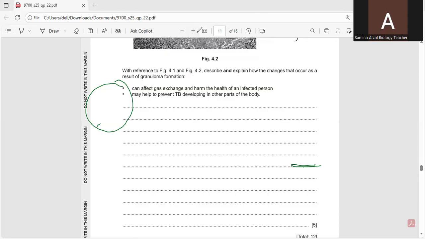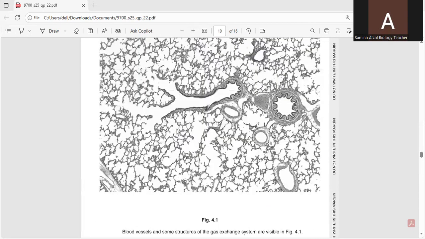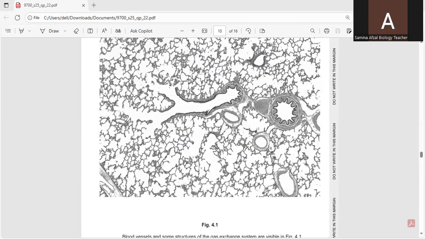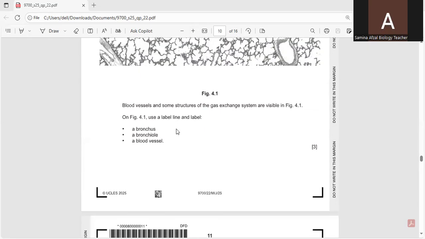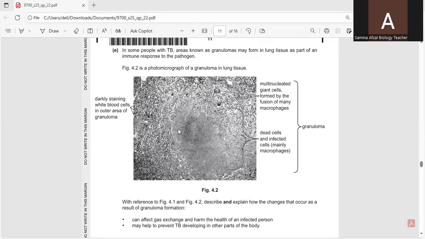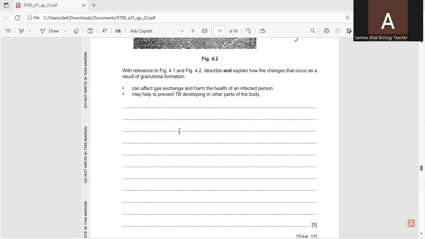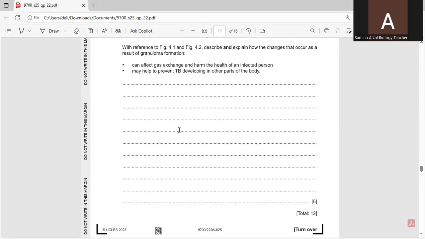let me show you again. This is the picture 4.1 in which the healthy bronchus, bronchiole and blood vessels are there. But here in the 4.2, you can see the person is infected with tuberculosis and the granuloma formation is there on the picture. So it means we have to compare both of these. So by keeping in mind both of these pictures, we can